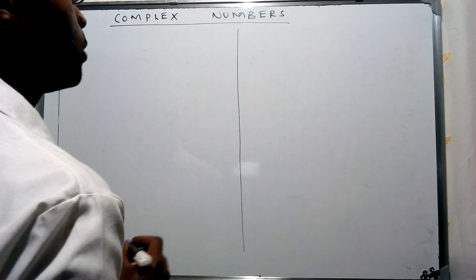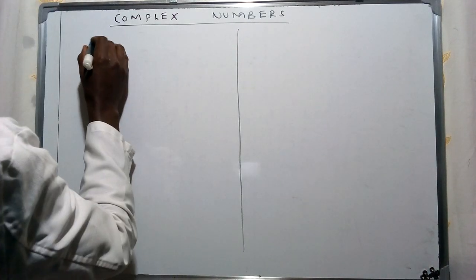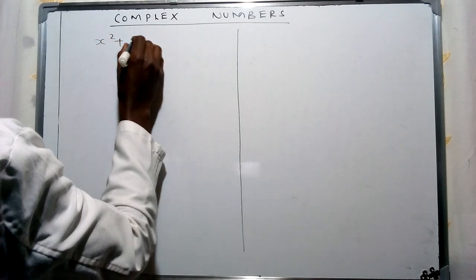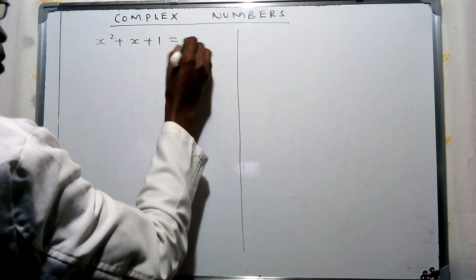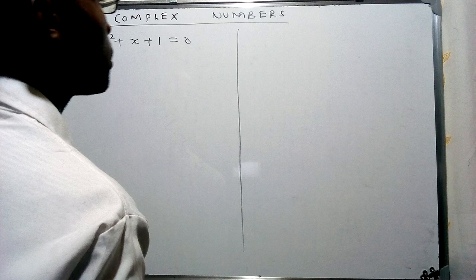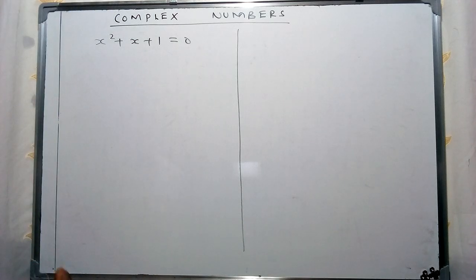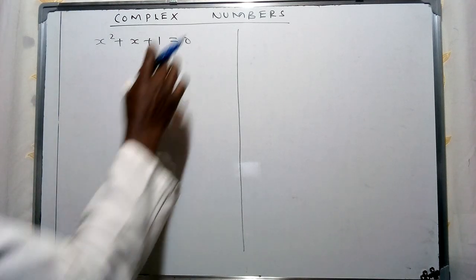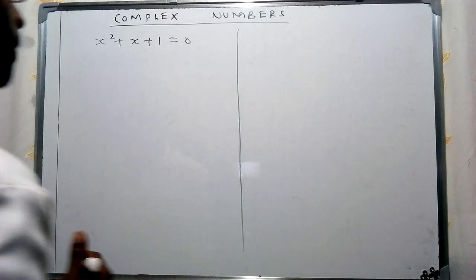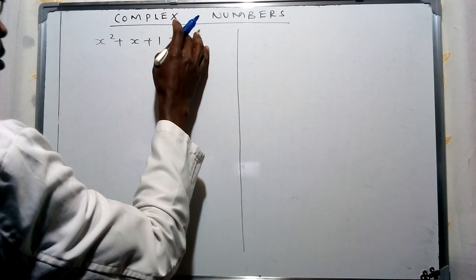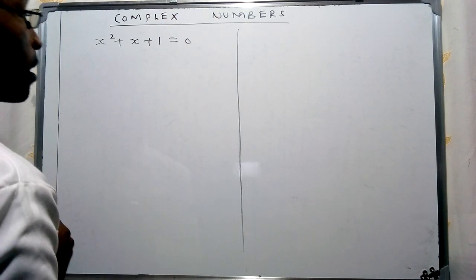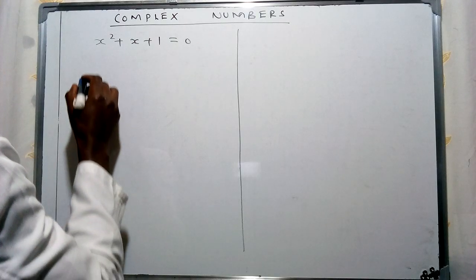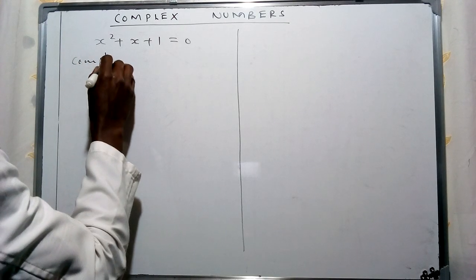In this particular video, I'm going to use a particular example of an equation which is going to be given in terms of this specific quadratic equation. And this is going to be assisting us in defining the concept of a complex number by trying to solve for the value of x. Now, we had said that we can use different methods in trying to find the value of x for such an equation. And one of them was, of course, completing the square